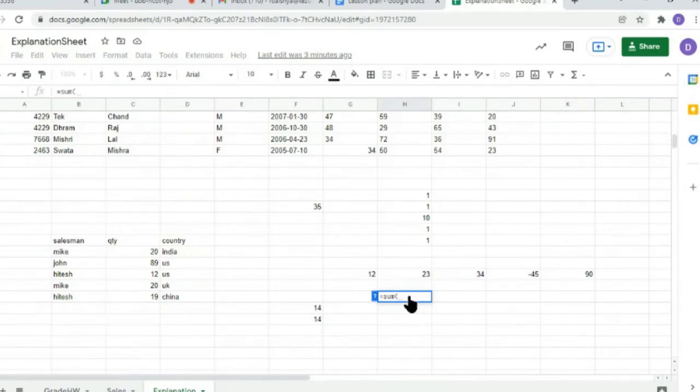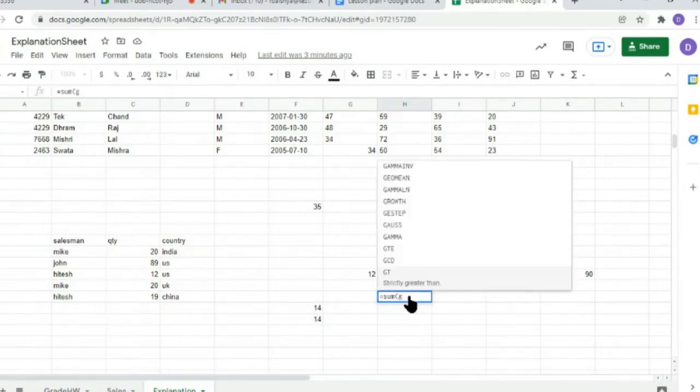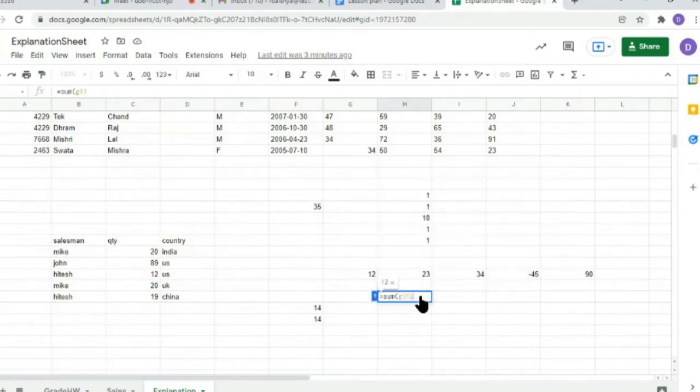Our range is Z. Again, it is not case sensitive. You can write uppercase, lowercase, that's your wish. So our range is from Z, and row number 112. So Z112 up to. Whenever you are writing a range, you have to make use of that colon symbol, that is from and to. Okay, so this is from Z112 to